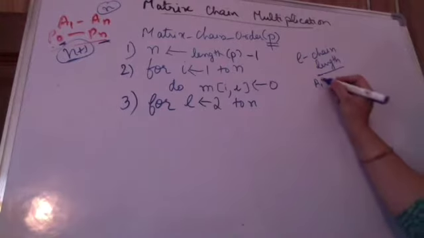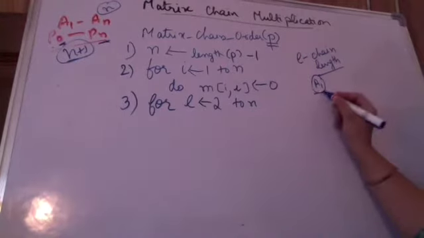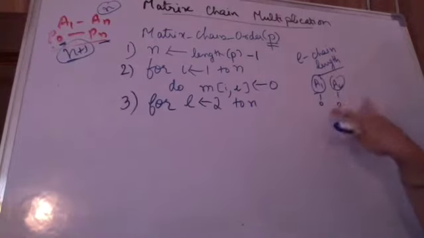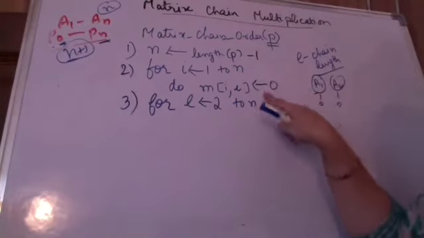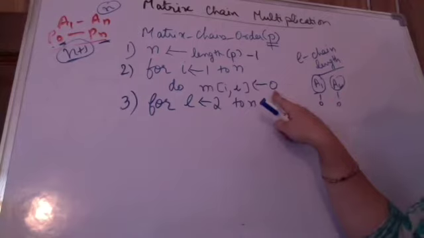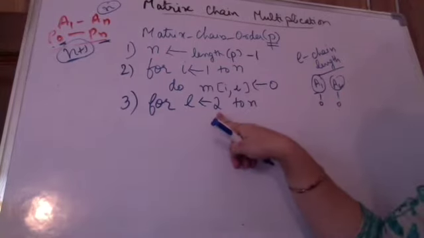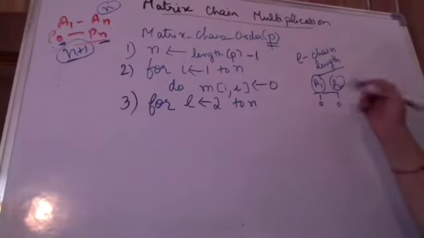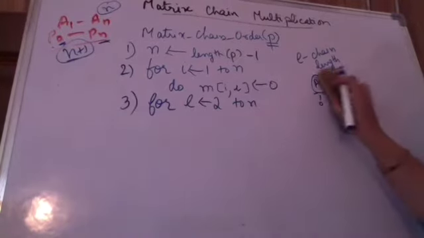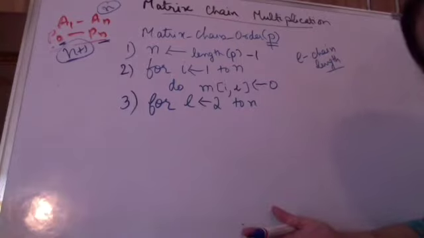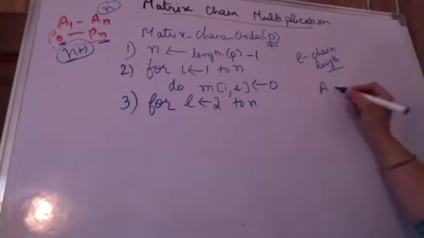When I want to multiply only a single-length chain, I need 0 multiplications. Just A1, A2 alone, so we will not be multiplying, 0. That we have calculated. So for a chain of length 1, the number of scalar multiplications required is 0. Now we move to length 2. Chain length 2 means A1 into A2, or A2 into A3, or A3 into A4, and so on. Now the best possible parenthesization, that we have to calculate. The best possible parenthesization is nothing but, for any matrix.